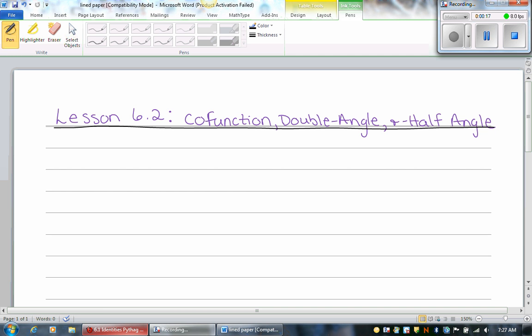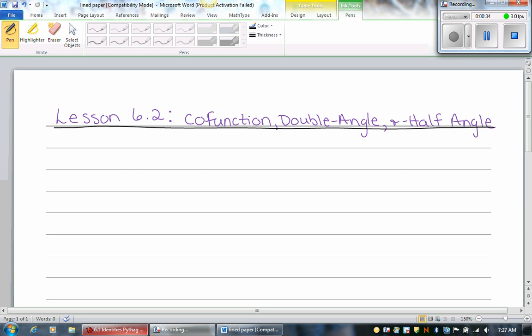You are going to be taking these notes on your own, and we're going to follow this for the rest of the year as well, so that you guys get used to taking your own notes while listening to a lecture. Okay, so by the end of this lesson, you're going to be able to use cofunction identities to derive